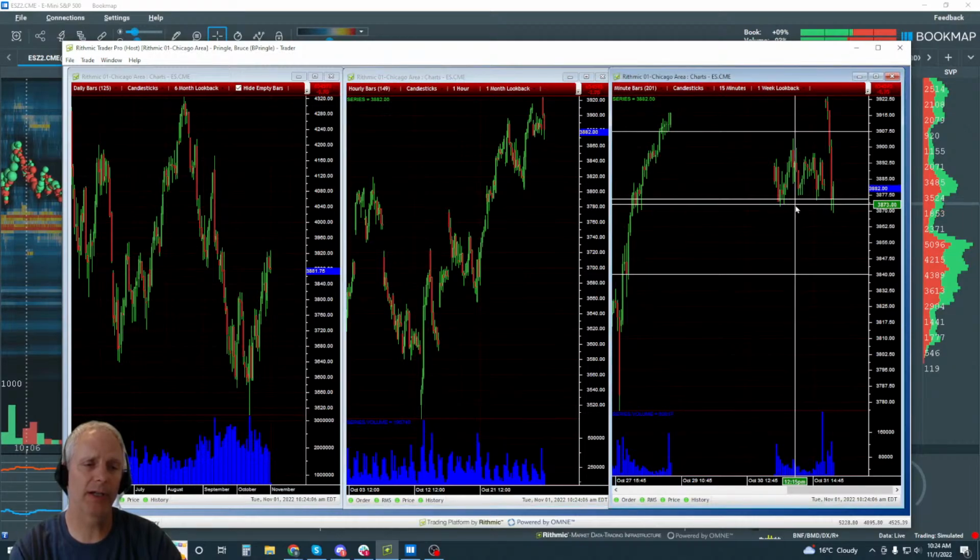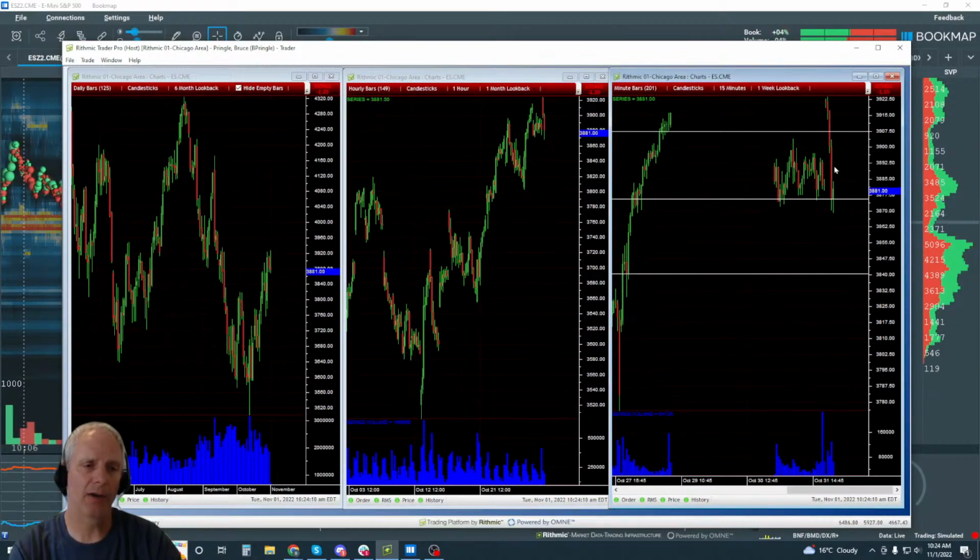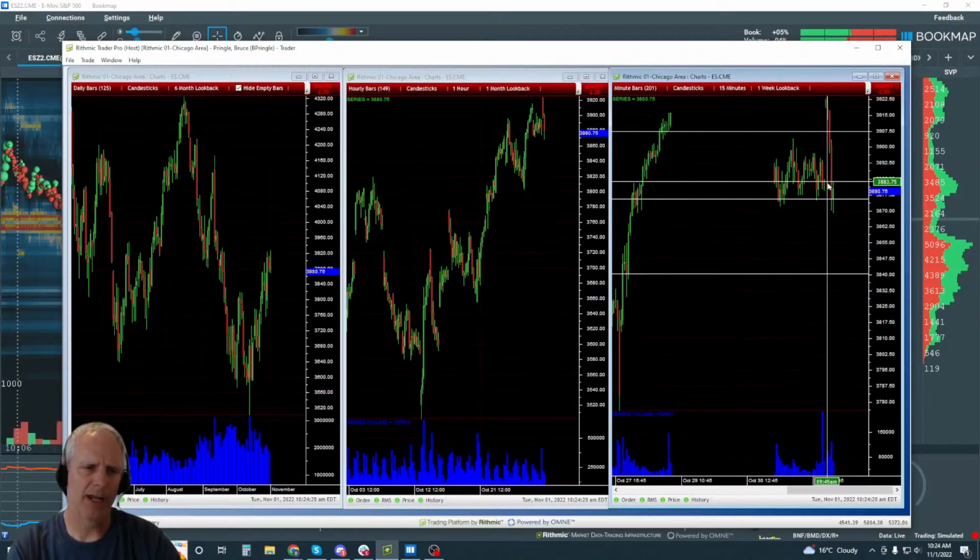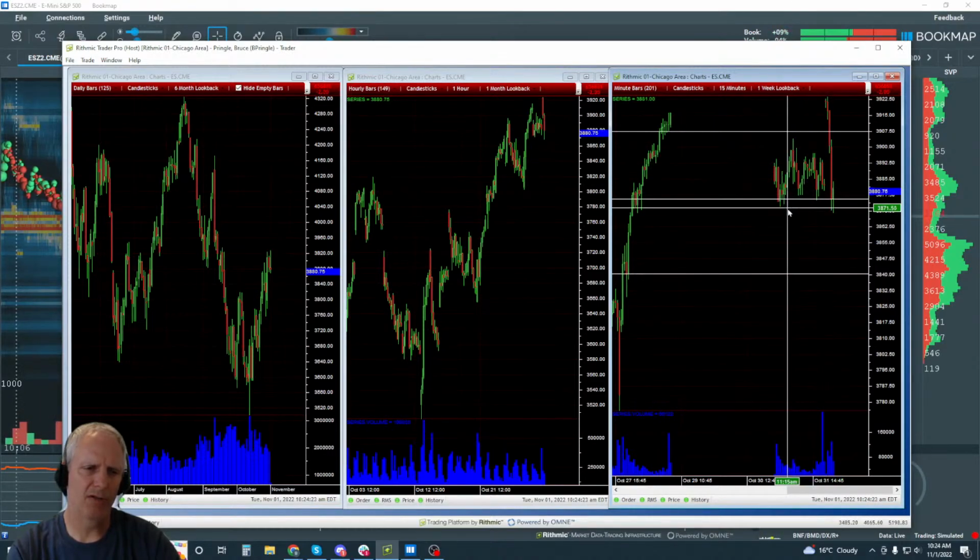Okay, now look at this higher time frame move. Rather interesting. This is not only a gap fill here on the 15-minute. This is a 15-minute chart here. A gap fill from the break up above yesterday. Okay, it came in and filled the gap right here. And it went down below this level here. And then now we're starting to see people cover, and we're seeing a little bit of a bounce.